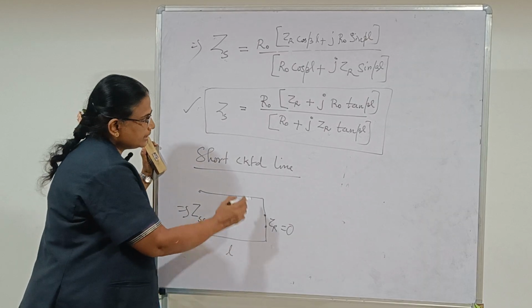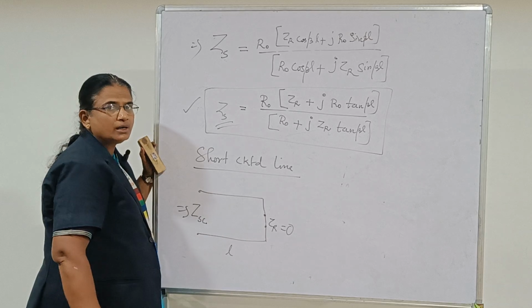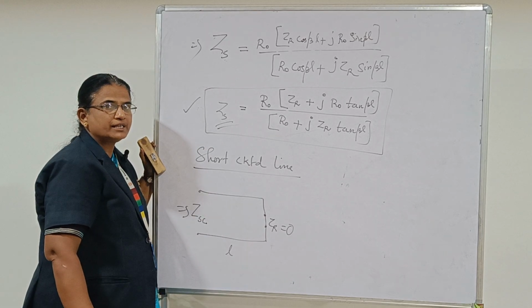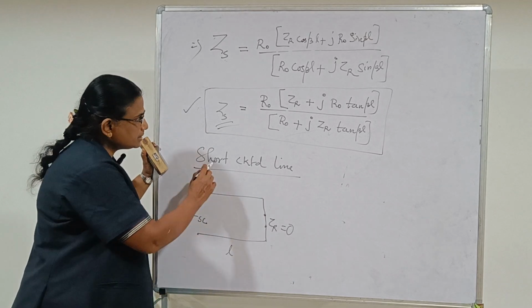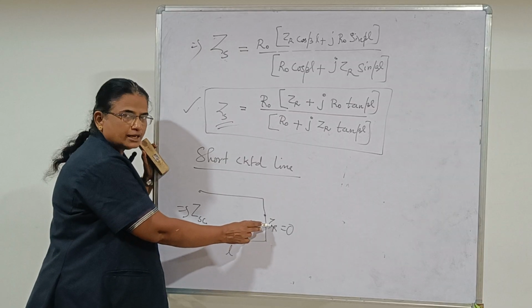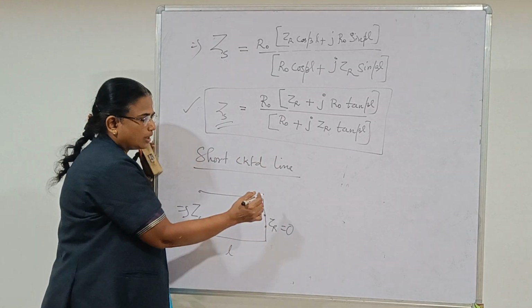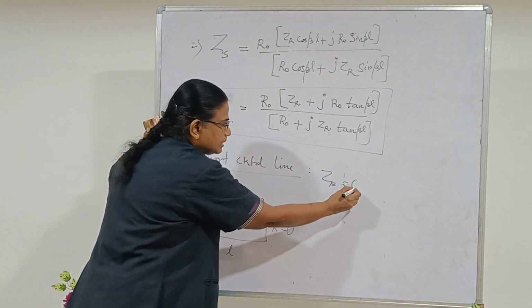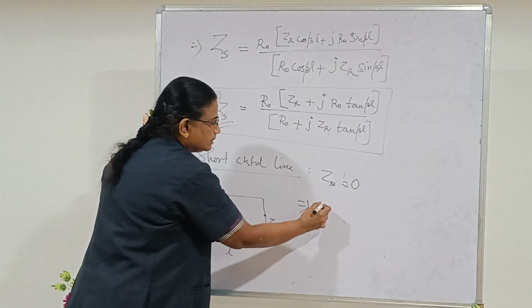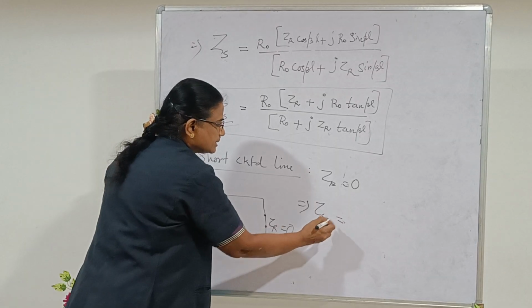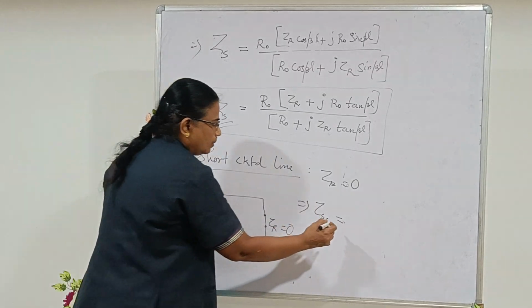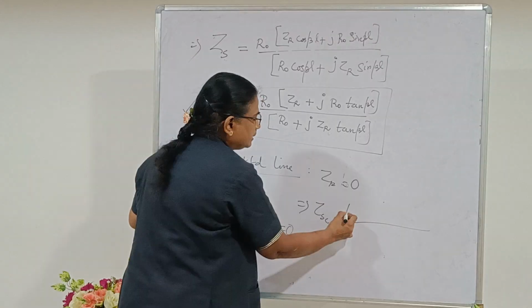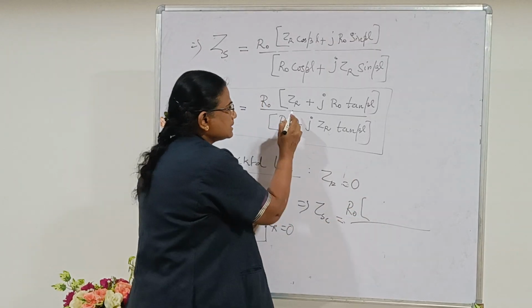So the condition is here. We know this is the equation for the sending end impedance of a dissipationless line. Now in this equation you substitute ZR equal to 0. So now for a short circuited line ZR is 0. So this implies the short circuited impedance ZSC is equal to, now it is R0 into the first term ZR